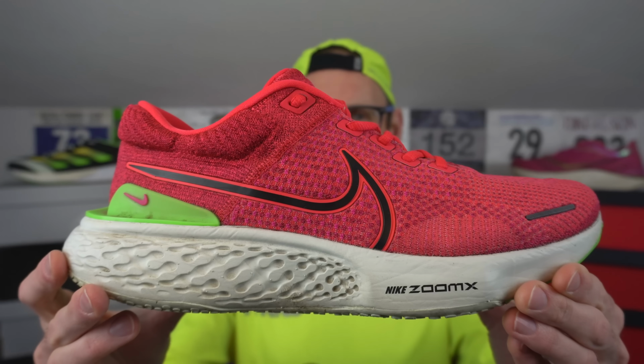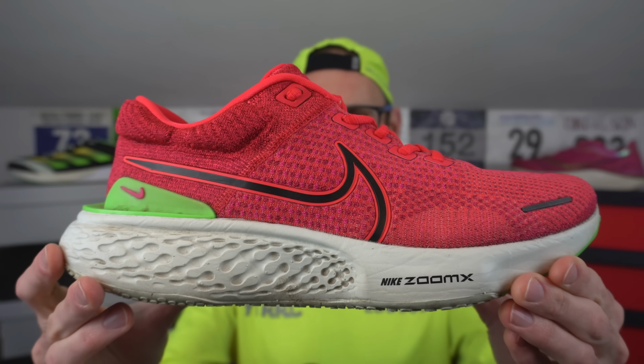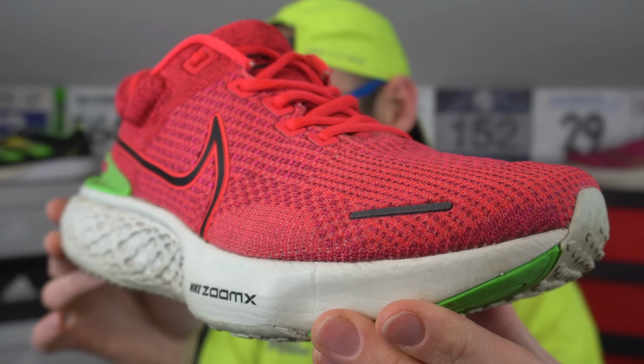At position 4 is the second version of a shoe that I really wanted to like from last year, the Invincible Run Flyknit 2 from Nike. This one did pretty much all of the things that the original did very well, but with a much better upper. I think the design was a bit more on point than the V1. Didn't get any rubbing around the toe box area, and I hammered loads of miles into my pair in a